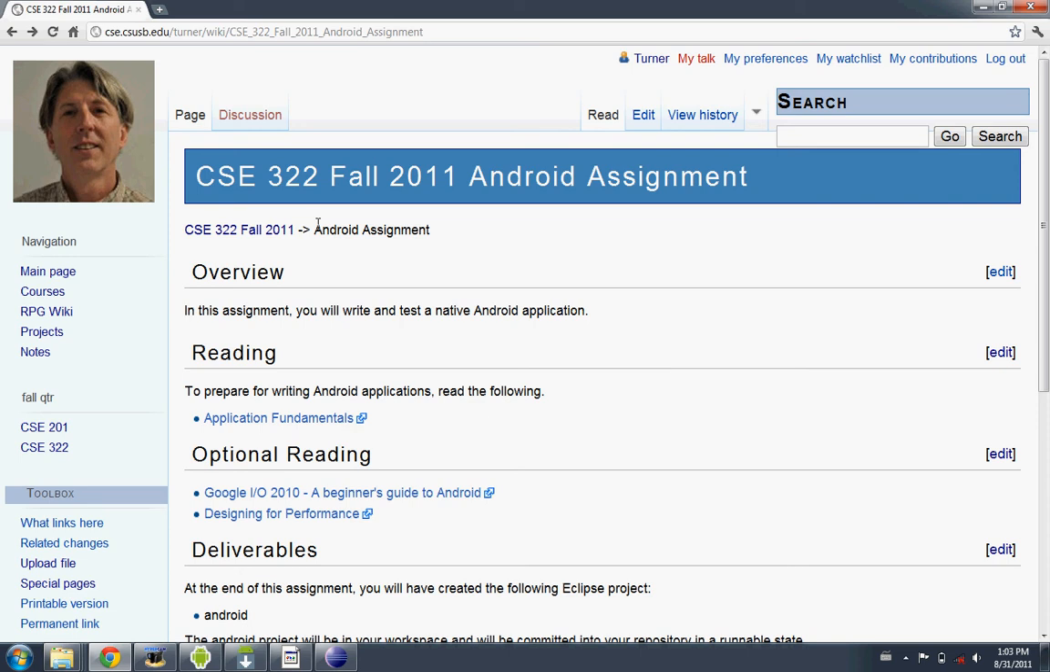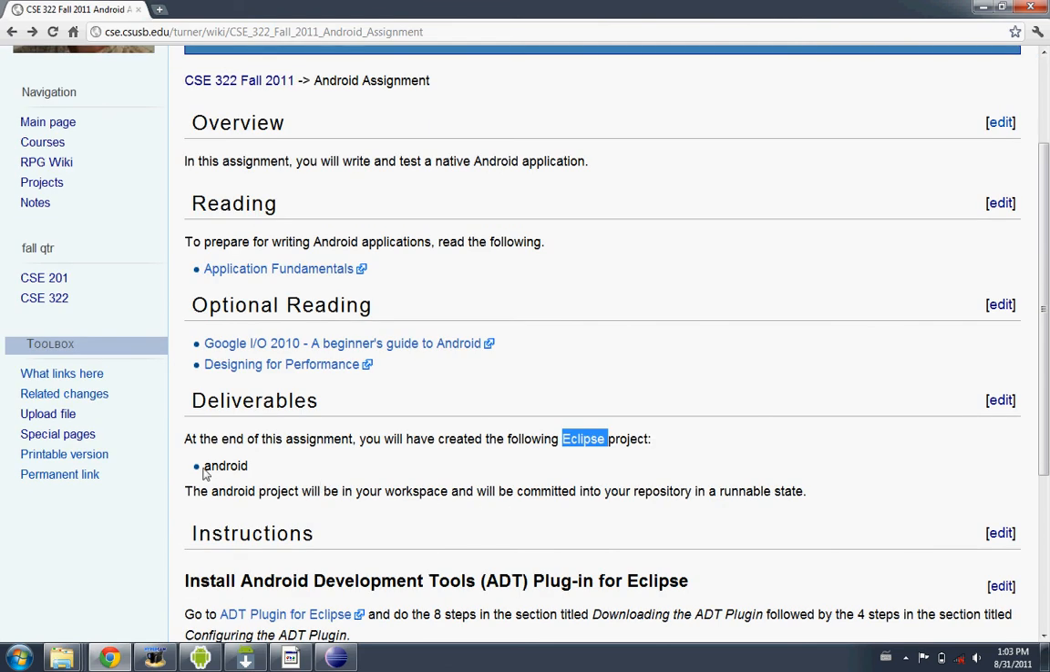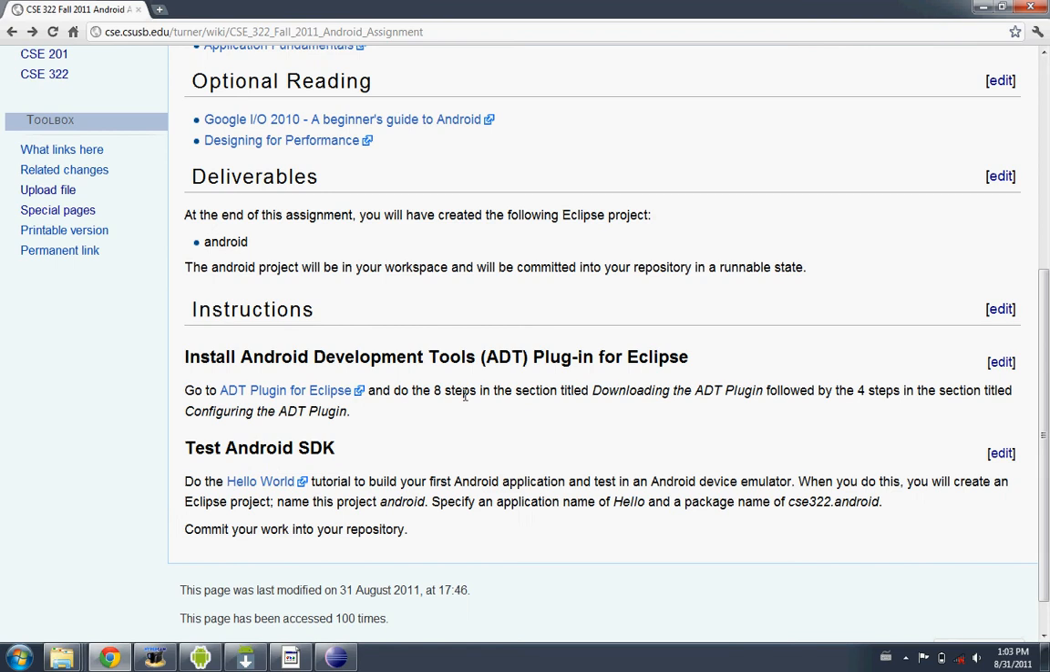In this video, I'm going to work through the Android assignment. Now, the purpose of the Android assignment is to use Eclipse to make a project called Android, which is an Android project. And then it'll be a simple hello program, and we'll run that program on the Android emulator. That's the complete assignment. At the end of this assignment, you should create an Eclipse project called Android and commit